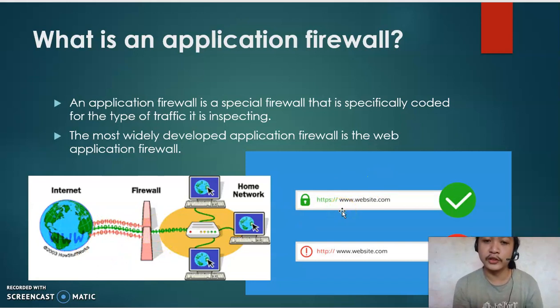Also, if you are on the internet, we can see this. If someone, or just like me, accesses the internet, you can see these icons in your URL. What do you mean by HTTPS and what do you mean by HTTP? So basically, these are legitimate. This HTTPS is a legitimate site where there are no harmful attacks on your computer or your data,